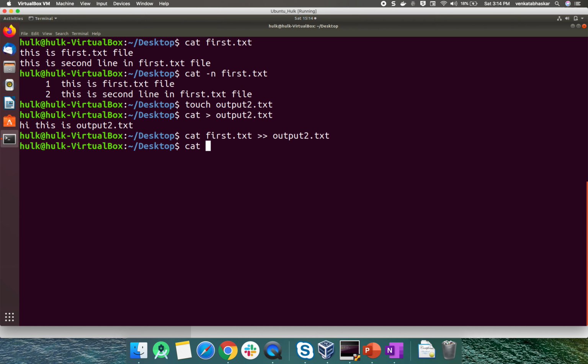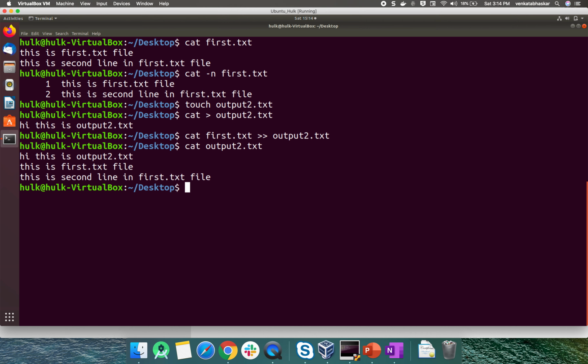If you want to see it, use the cat command, output2.txt. See here, you wrote this line here, and by using this double greater than operator you can copy the first.txt file from source to destination, you just appended the data.